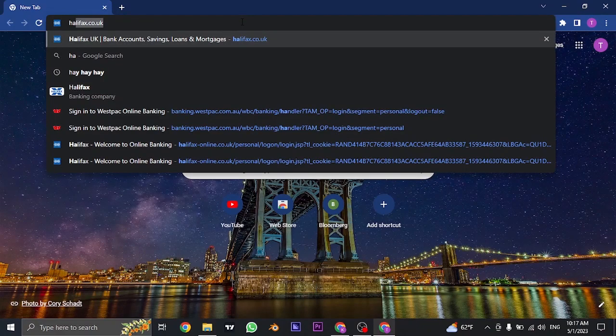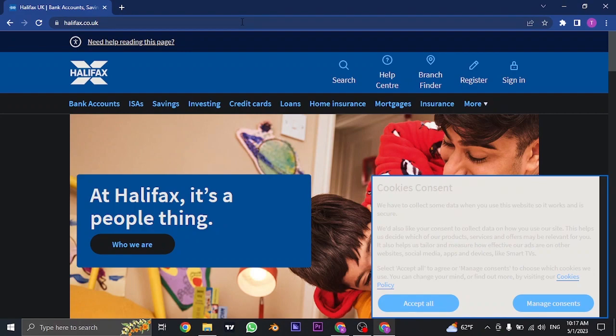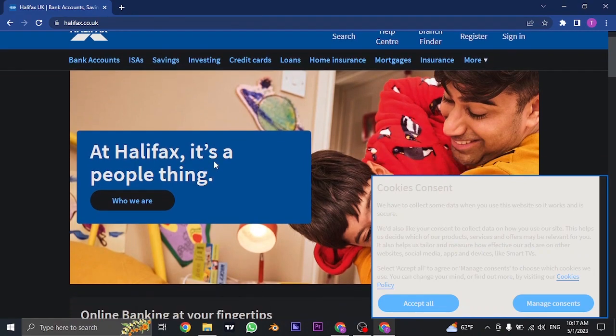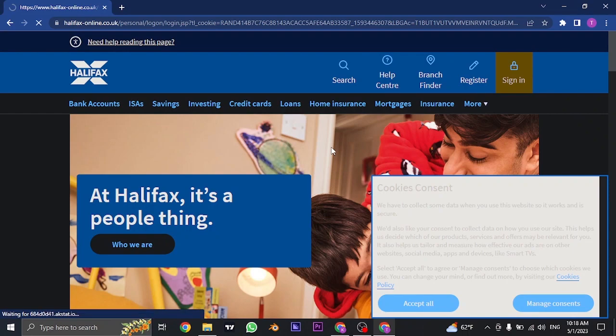Search for halifax.co.uk on the search bar of your web browser. Once you hit search, it's going to take you to the website. Now to log into your online banking, you'd be able to see this sign in option on the top right. You can also register for online banking if you have not already by clicking on the register option. But for signing in, click on the sign in option and it's going to take you to the sign in